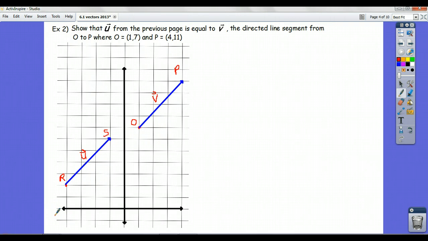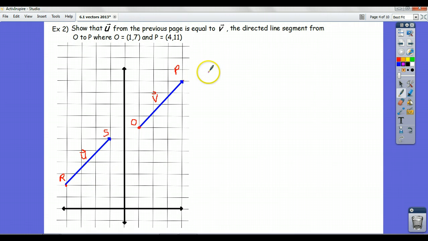Let me show you in practice what it means to show that two vectors are equal. So it says show that u from the previous page, which I recopied here for your convenience, RS, is equal to v, the directed line segment from O to P, where O is (1, 7) and P is the point (4, 11). I've already plotted the second vector v. And now showing that the vectors are equal all amounts to showing that they have the same